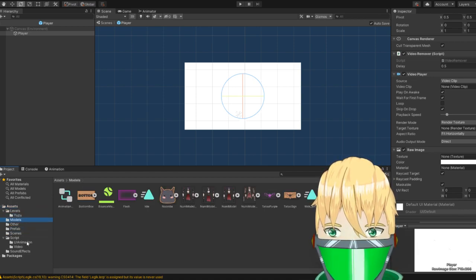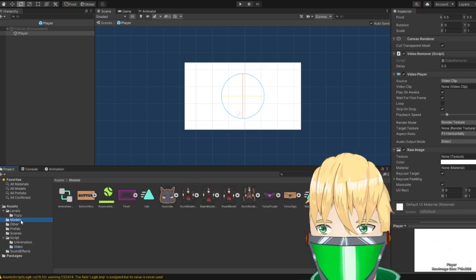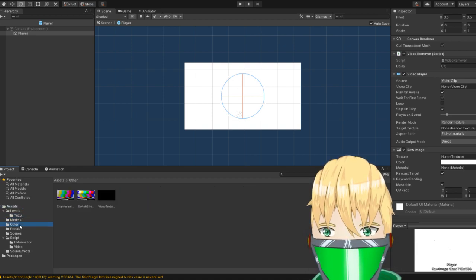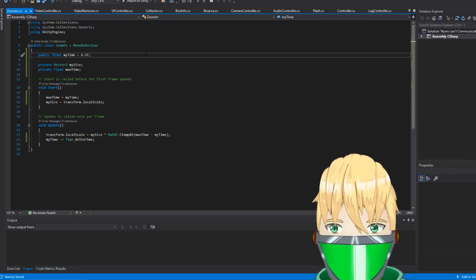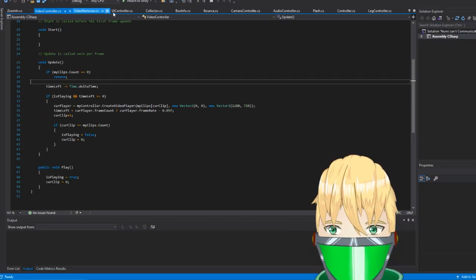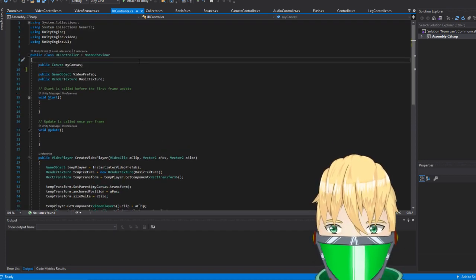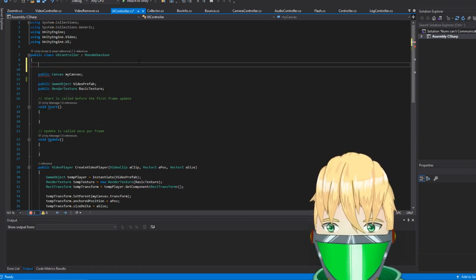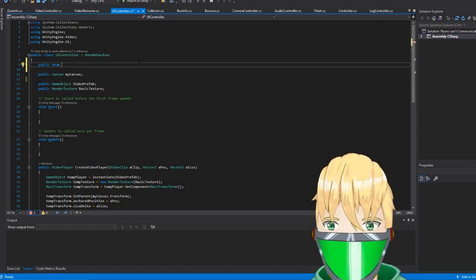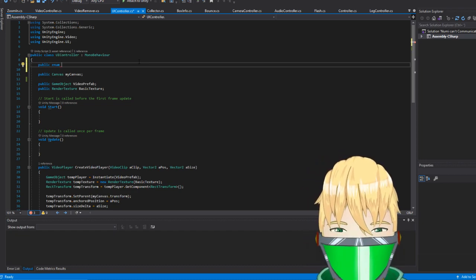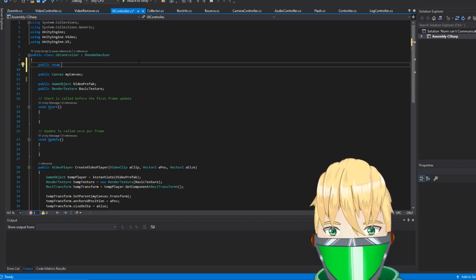But what we want is to be able to get a script and to add that to it. So what we need, I feel like, is a... I guess... Can we use a public... Wait, is this inside the class? Maybe I should... Can I do this here? I don't know, I forgot. Enums are weird. They're very weird.